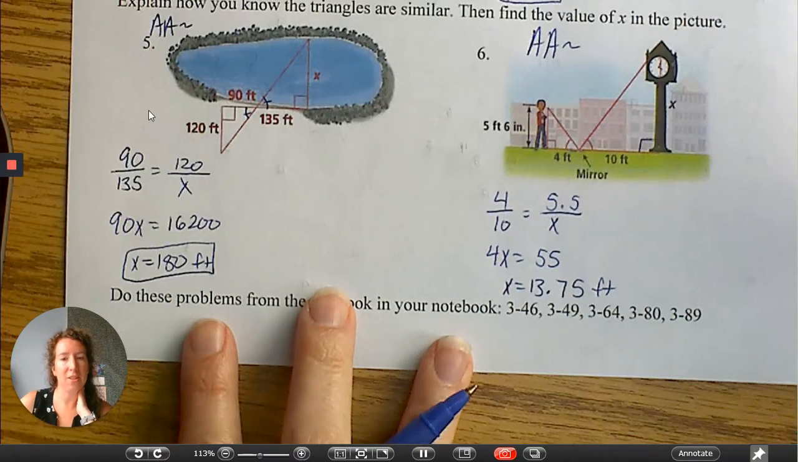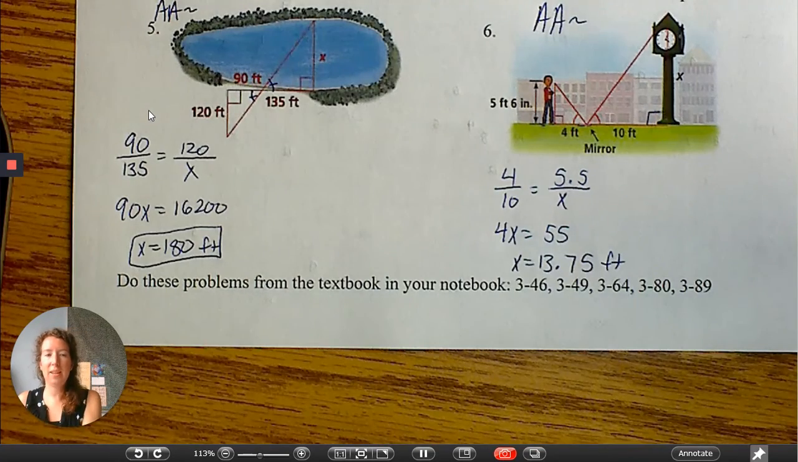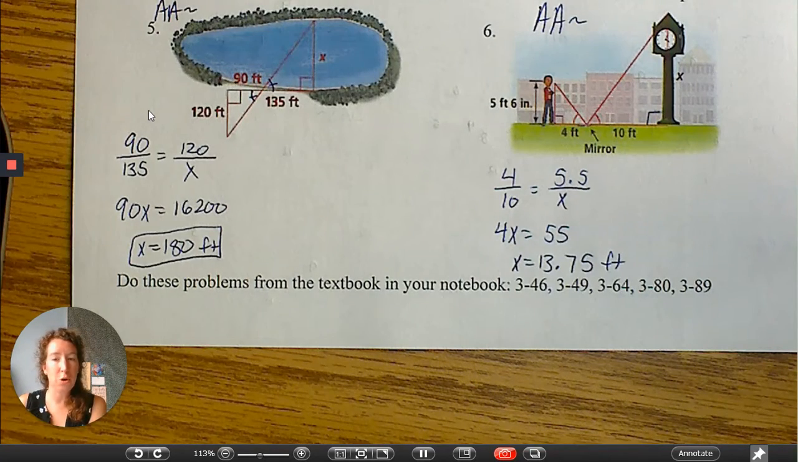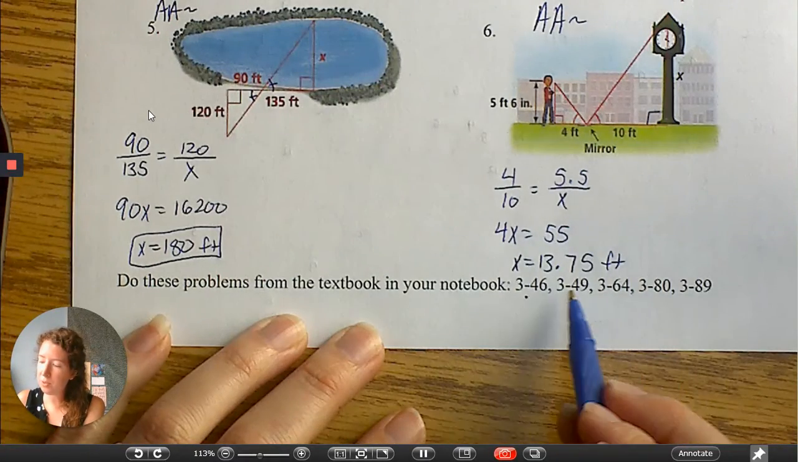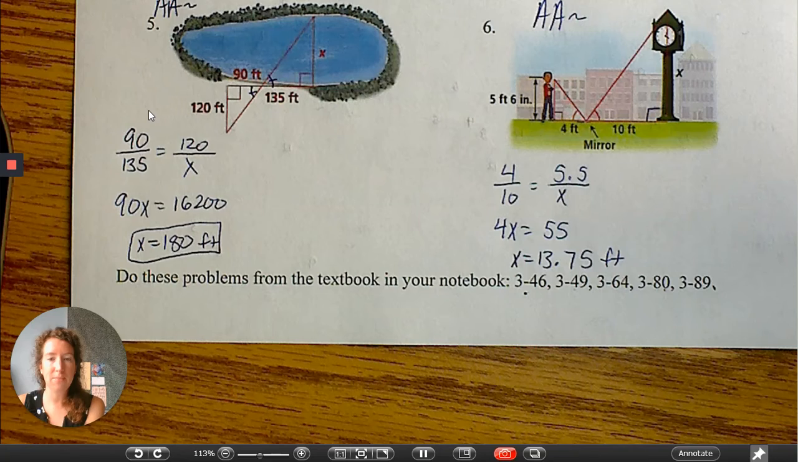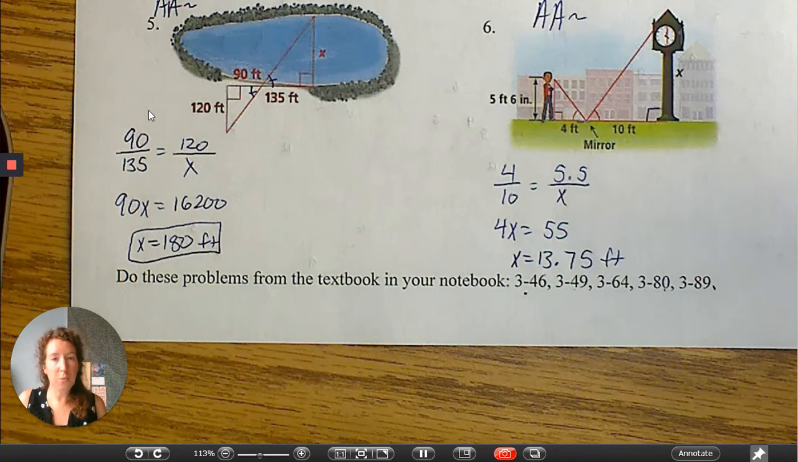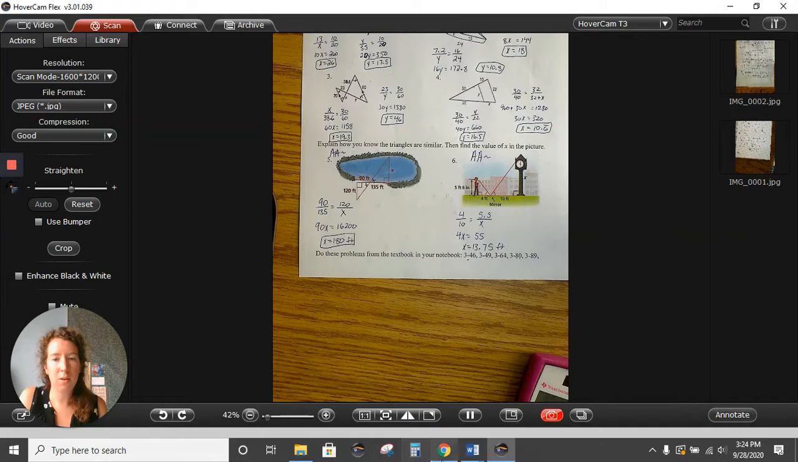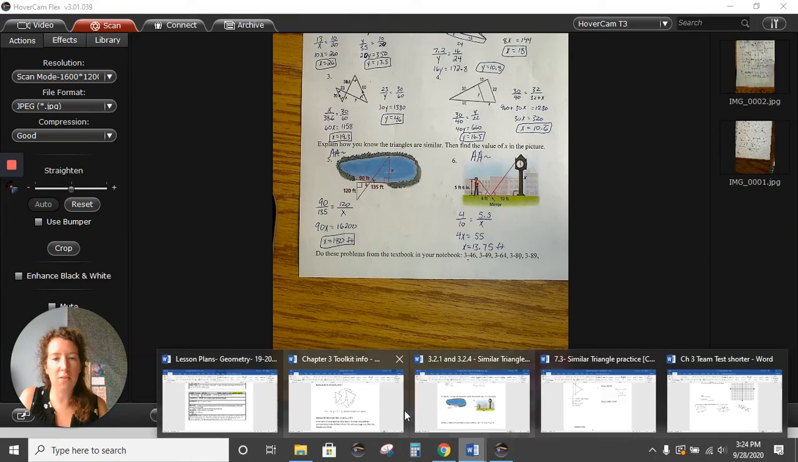Okay, your assignment now is to do these problems from the textbook in your notebook. Consider them classwork, but if you don't finish them during class, they are homework, and we will check these together as a class the next time we're together. So it's 1, 2, 3, 4, 5 different problems, all having to do with similar triangles. Before you break off and do that, though, I want you to make sure we get all of our important